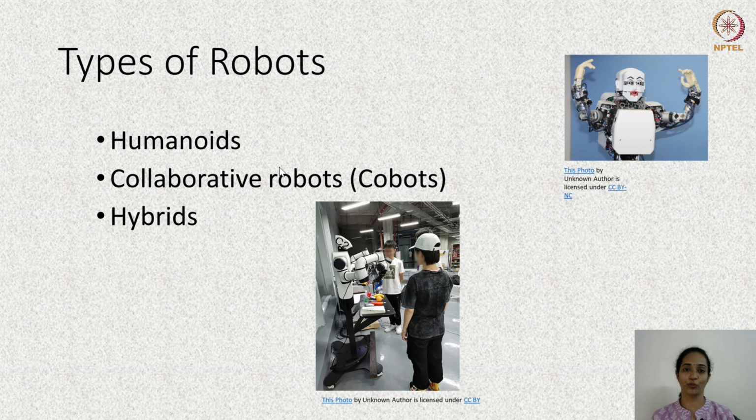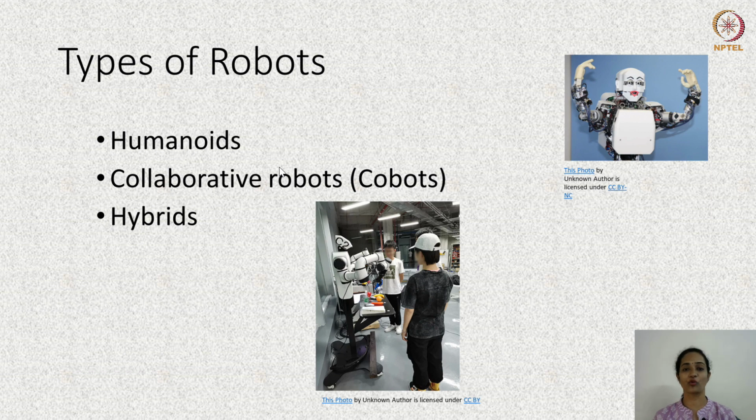Where are we using humanoids? Humanoids are used in situations where they have to interact with other people. You may see their use in hospitals. You may also see their use in amusement parks, usually providing directions or offering concierge services in hotels.